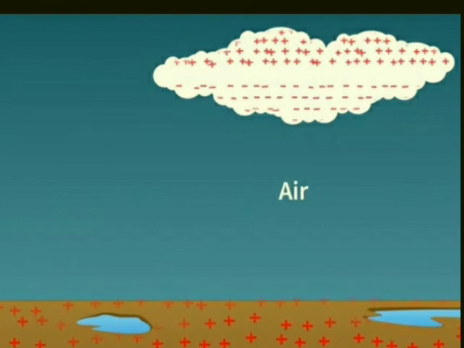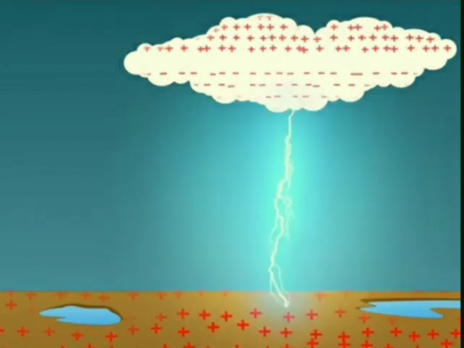When the magnitude of the accumulated charges become very large, the air, which is normally a poor conductor of electricity, is no longer able to resist their flow. So negative and positive charges meet, producing streaks of bright light and sound, and we see streaks as lightning. The process is called an electric discharge. The process of electric discharge can occur between two or more clouds or between clouds and the earth.